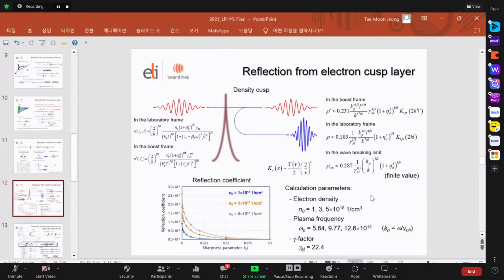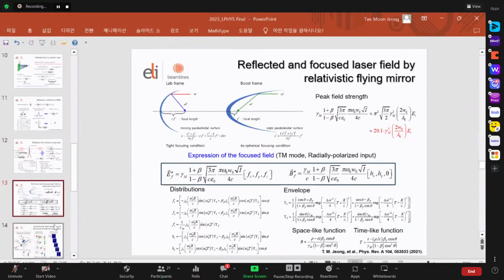level. This is the calculation parameter I use, and I also calculate at different electron density, maximum electron density of the gas. And also, one of the fundamental interests is to calculate the field structure and the peak field strength. So if you consider the